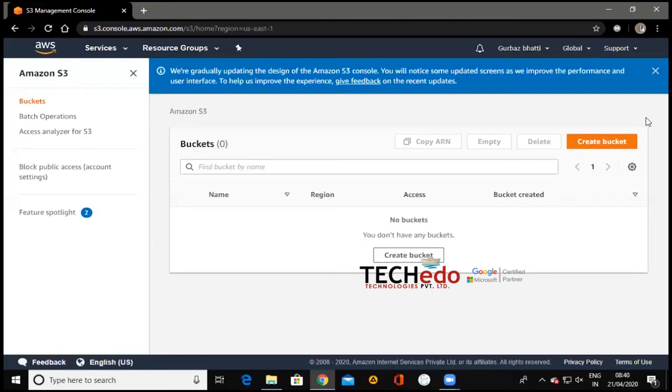An S3 bucket would be a storage which you can easily share with your friends, or easily use for different purposes. It will not be just for storing something. I will also show you how we can use an S3 bucket to host a website. Actually, not just to create, but to store the website and host it over the internet. So let's go ahead and try to create one S3 bucket.